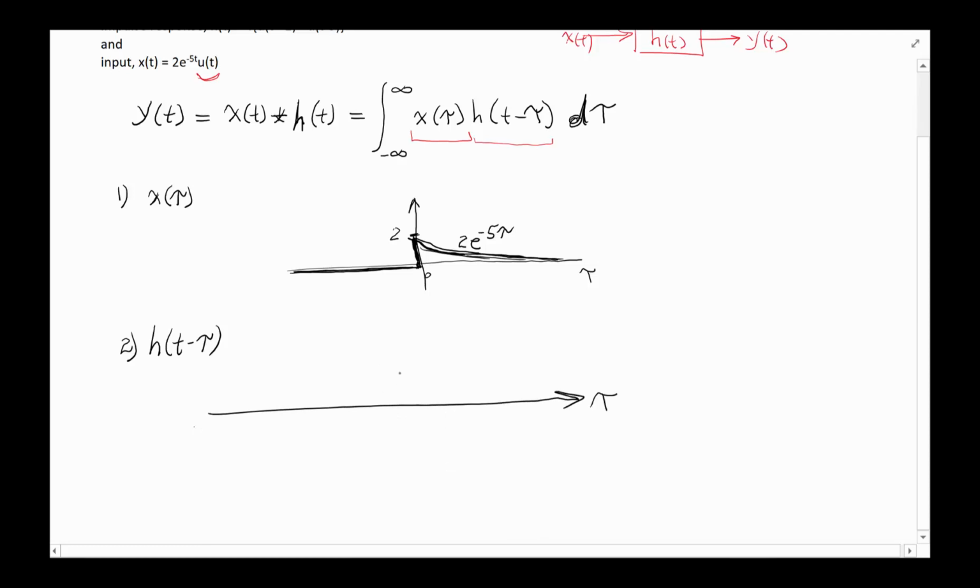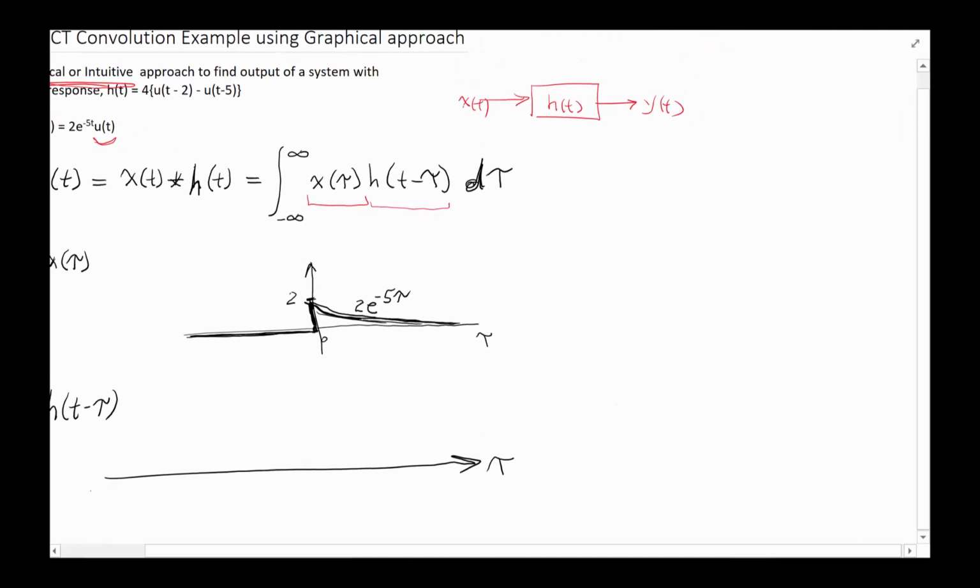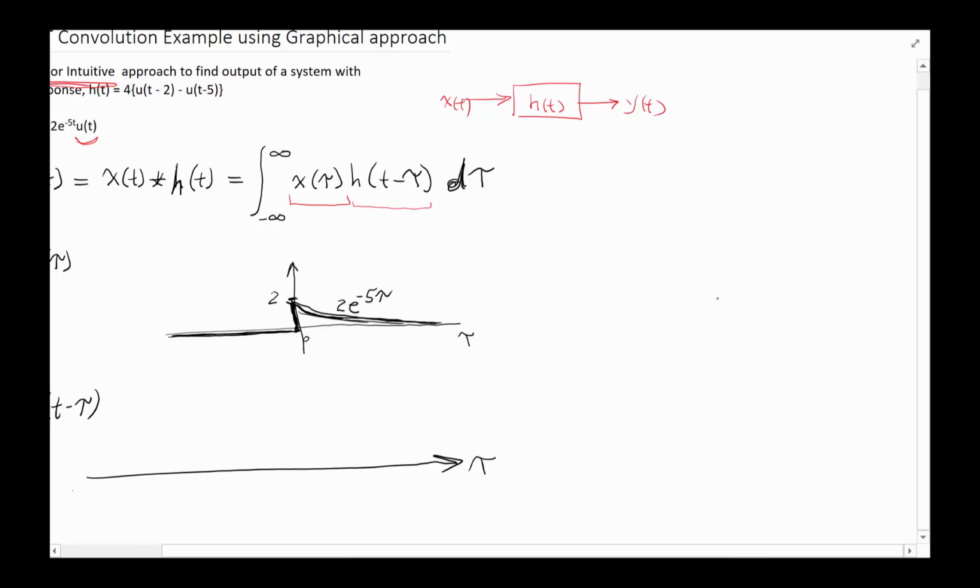Tau here, and we want to do the h of tau on this. But before I do that, I've got to figure out what the h of tau is, and I'm going to do a little sketch here as we work our way down. So h of tau,